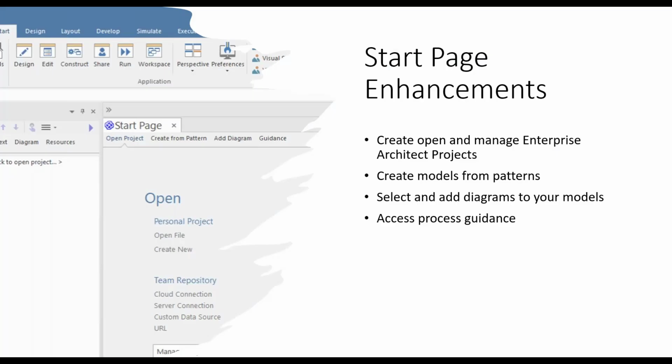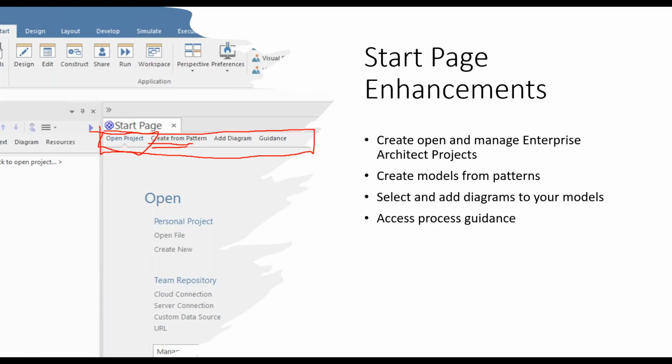Okay, a few of the UI changes that we've had for Enterprise Architect for version 16 coming out. One of the main ones, another quality of life one, is the start page enhancements. We've created a little tab section down here that has a lot of the things that you might do when you're first getting into a project. You might be able to open up your existing projects, or create from patterns. We have a whole library there of 1,000 base model patterns to get started from.